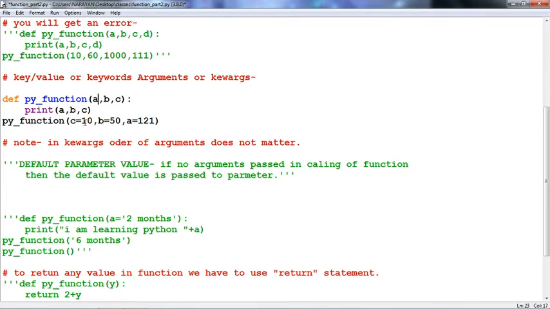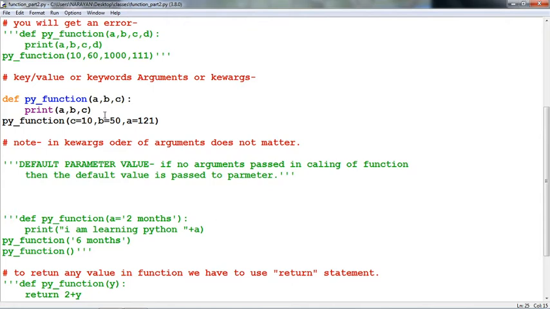A is not going to take the value of C. The value of C will be 10, B 50, A 121. That means in keyword arguments, the order of arguments does not matter. It only takes the value by the name of the variable.